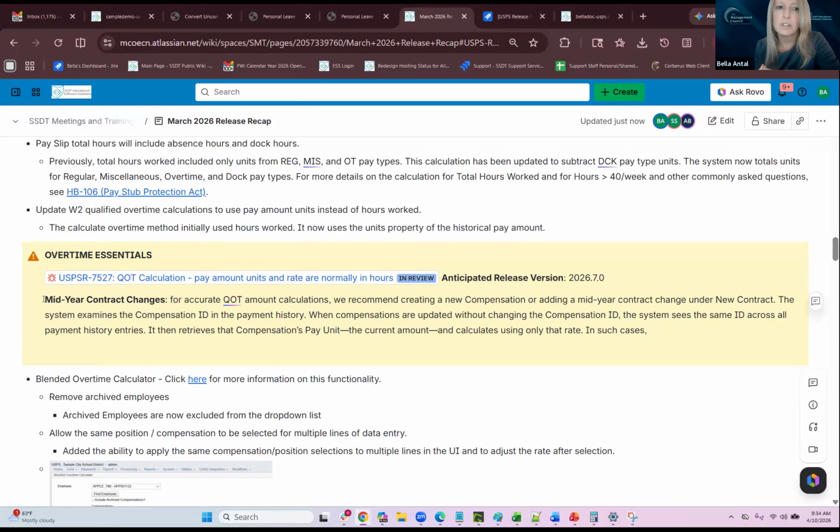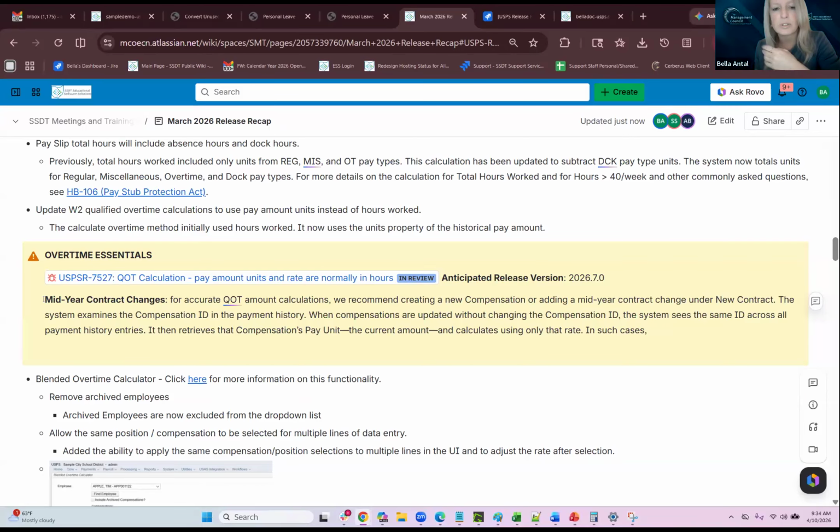The reason for this is because the system examines the compensation ID in the payment history. And if you only update the rate under the existing compensation, so if there's a rate change and you update it,